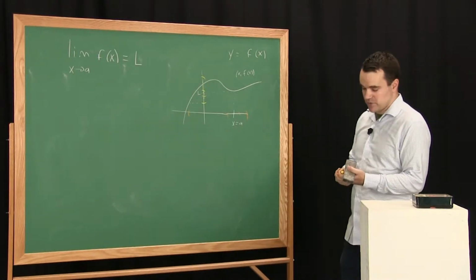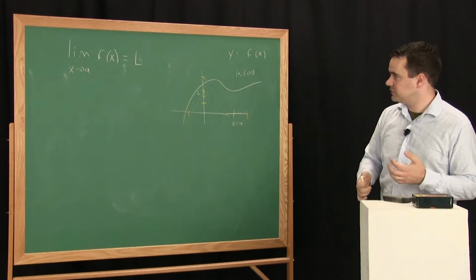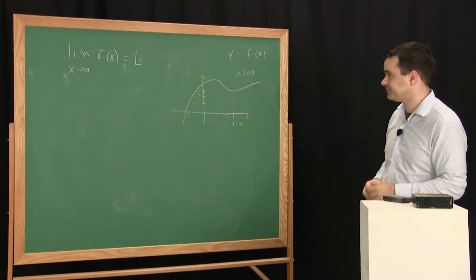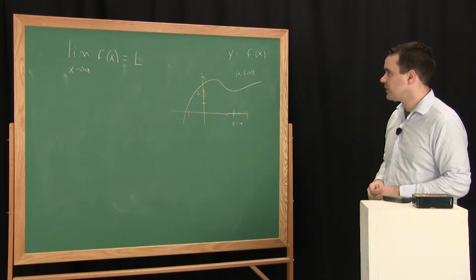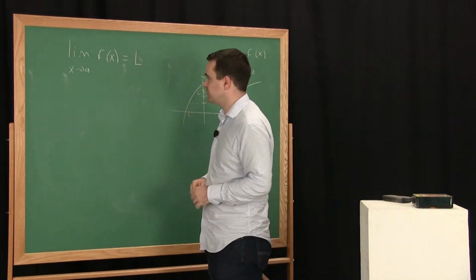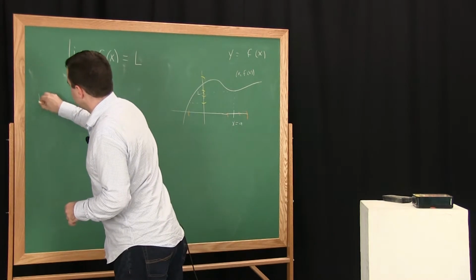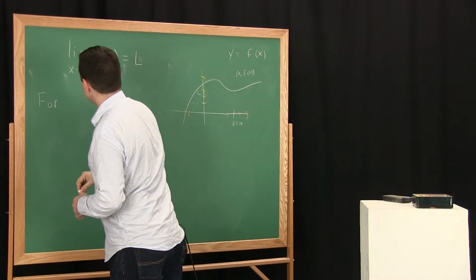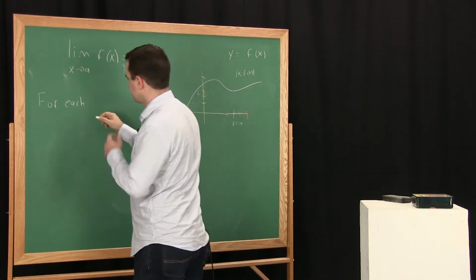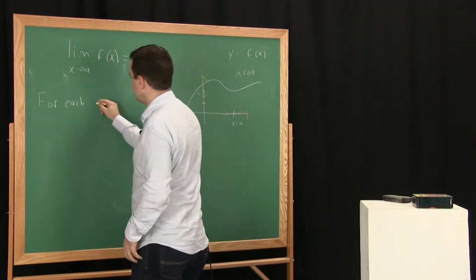So what I need to do to write down the formal definition of the limit is to write a precise mathematical statement that kind of conceptualizes this. And so here we go. I'll write it down piece by piece and then explain it as I'm going. So the way you start out with this is you say for each positive number bigger than 0, and it's common to use the Greek alphabet here, so you say for each epsilon